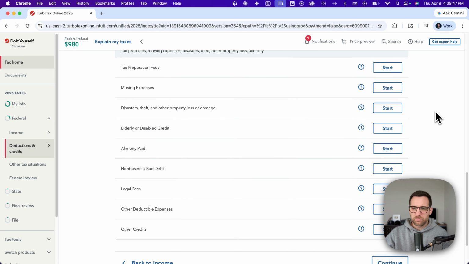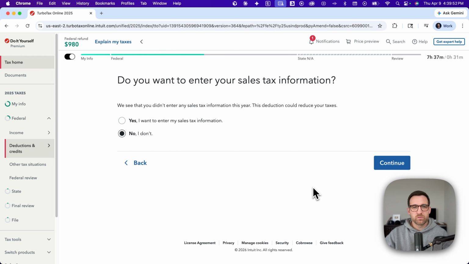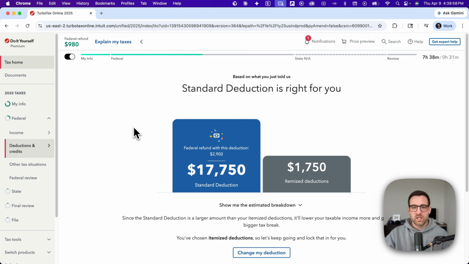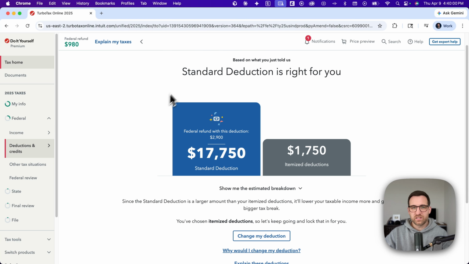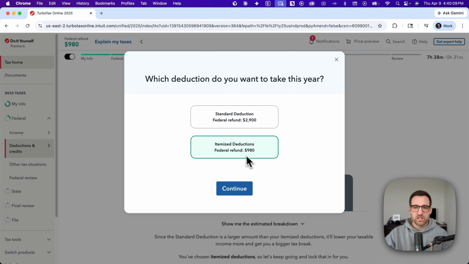So we're going to scroll down a little bit here until we see continue in the lower right. And then from there, we're going to answer the questions as needed, hit continue, and you're going to land on this standard deduction page. If you're currently on itemized, it may say standard deductions right for you. It looks like it selected that, but I'm on itemized right now and it says that right here. So I have to click change my deduction, and when I click that, I can change back to standard, and